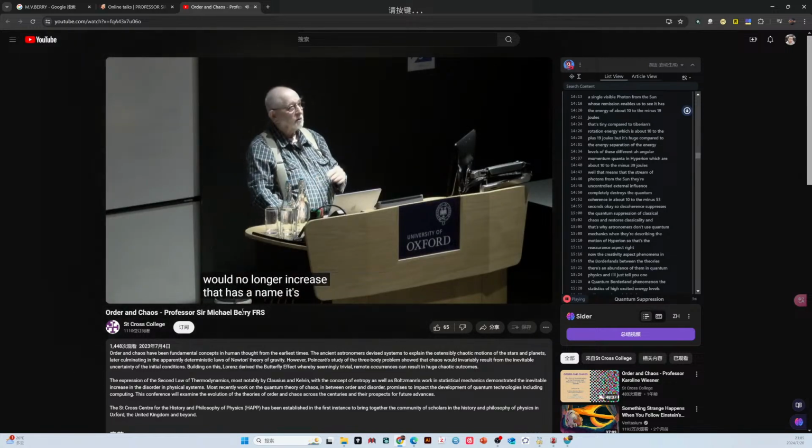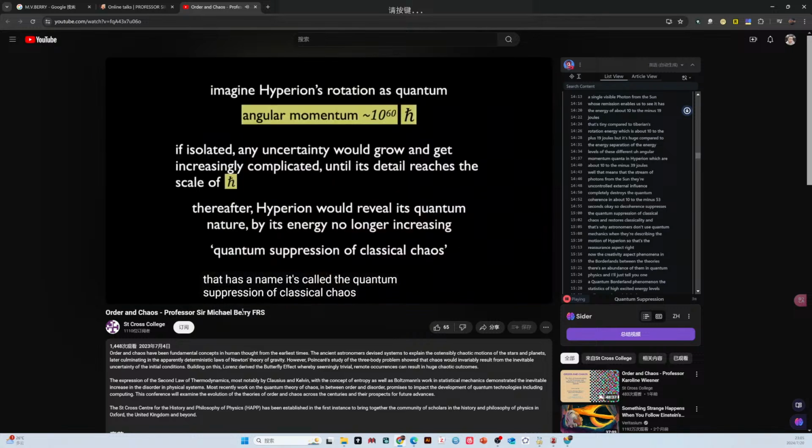That has a name. It's called the quantum suppression of classical chaos. It's seen in molecular experiments. It really exists. Well, when would that happen? Well, after about 40 years. Remarkably short time because of this chaos and uncertainty. And it's obviously nonsense. You don't look at Hyperion for 40 years and see its chaos suddenly stop or even